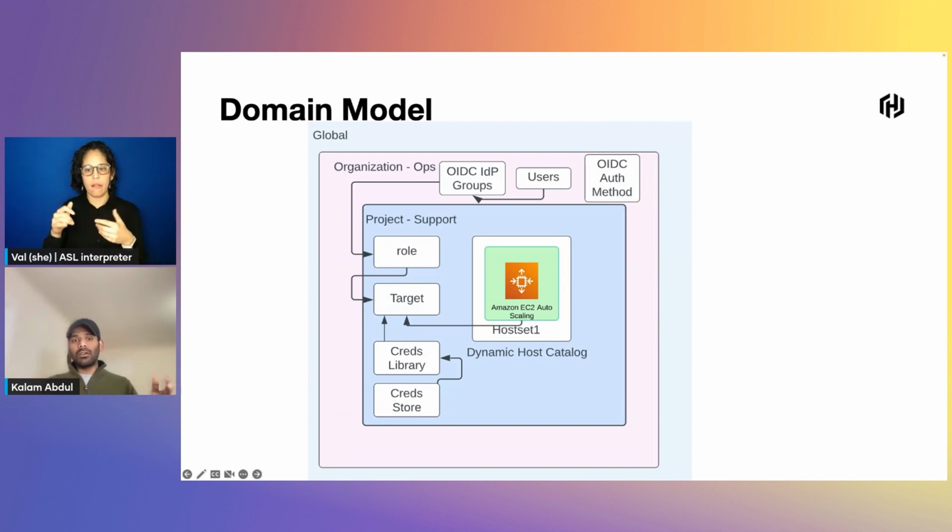And within this global scope, you could create auth methods, roles, groups, and also an organization scope. It's basically namespaces in the Vault domain model, right? So you can create this organization scope, and in our use case, we map this organization scope to the customer's business units. Since the support team falls within an operations business unit, the scope we have created is at the operations level, right? So we have a scope called operations, and within the scope, as you see here, we